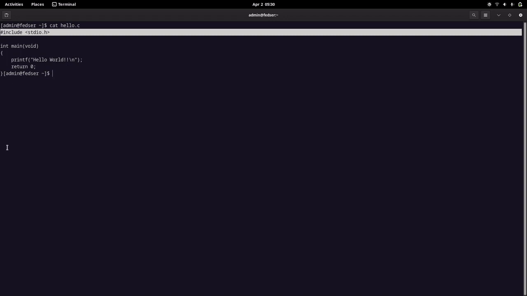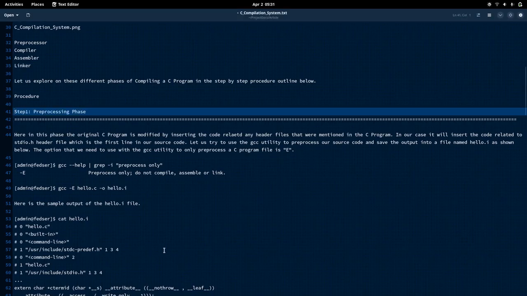So it basically modifies this program and inserts the actual code of the header file into this source code. That is what exactly happens in the pre-processing phase.